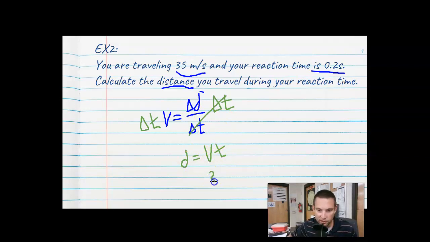Now we can easily plug in our speed, which is 35 meters per second, times the time, which is 0.2 seconds, and we see how far we actually traveled. So 35 meters per second is pretty quick, and then we have 0.2 seconds. So 35 times 0.2, the total distance that we've traveled is 7. What about the units here? It's important that we have units. So let's see what happens. We're multiplying